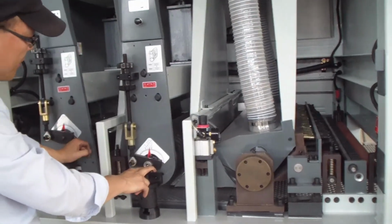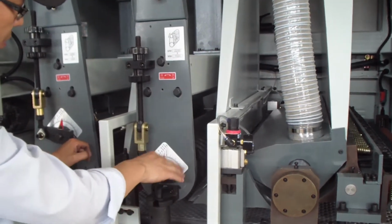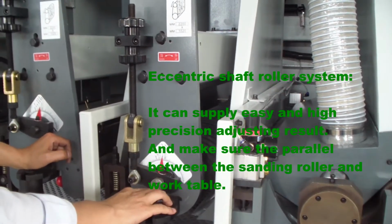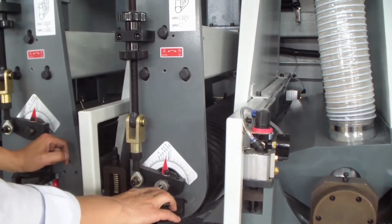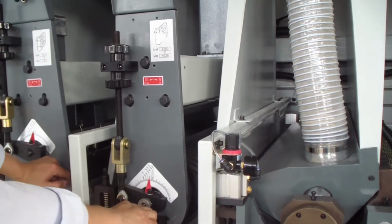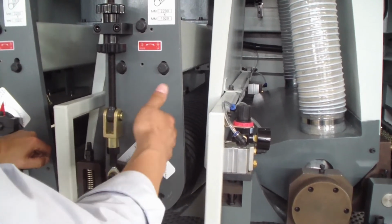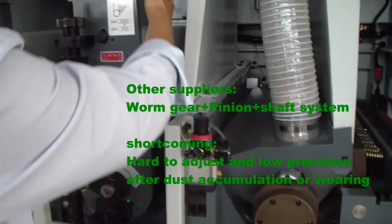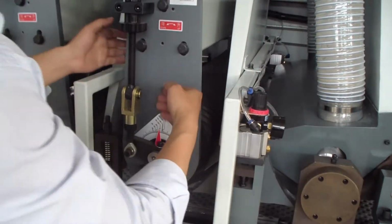Now we introduce the sanding ruler's height adjustment system. For all of our machines, we use an eccentric shaft adjusting system. By this, it can supply an easy and high precision result. For the normal sanding ruler, in the market there are a lot of producers or suppliers who supply the sanding ruler adjustment system by shaft and pinion adjusting system. But this one uses a shaft here and a shaft at the other side,